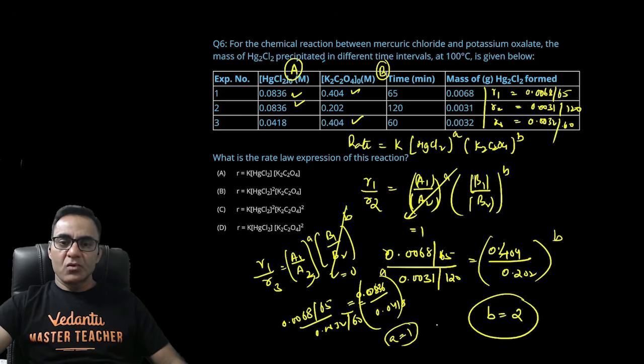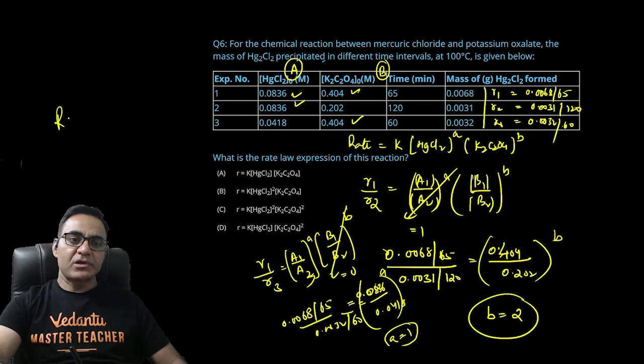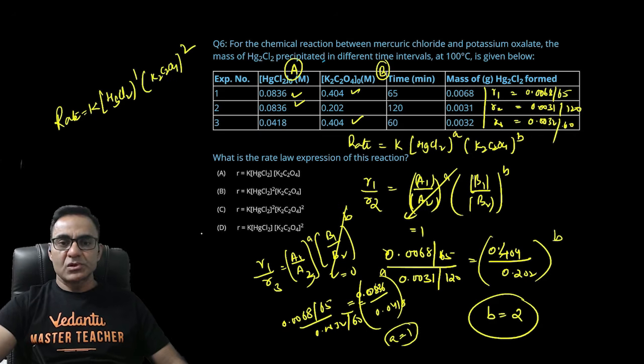इसका मतलब HgCl2 के रिस्पेक्ट में जो ऑर्डर आ रहा है वो 1 है। तो अब आपको रेट का एक्सप्रेशन क्या हो जाएगा, रेट इज इक्वल टू K इंटू HgCl2 रेज टू द पावर 1 इंटू K2C2O4 रेज टू द पावर 2। सो योर करेक्ट आंसर इज D। ऑलराइट,